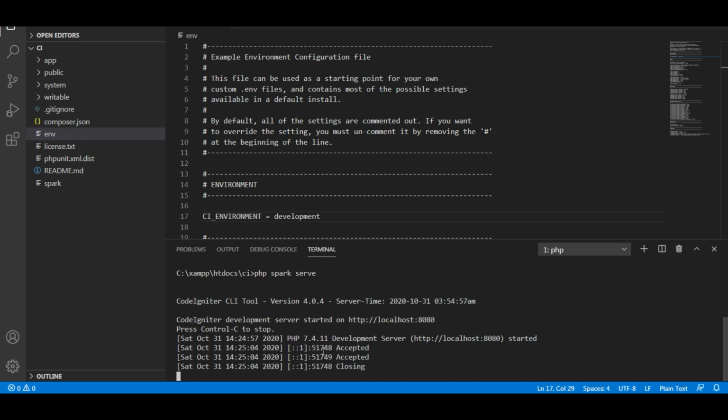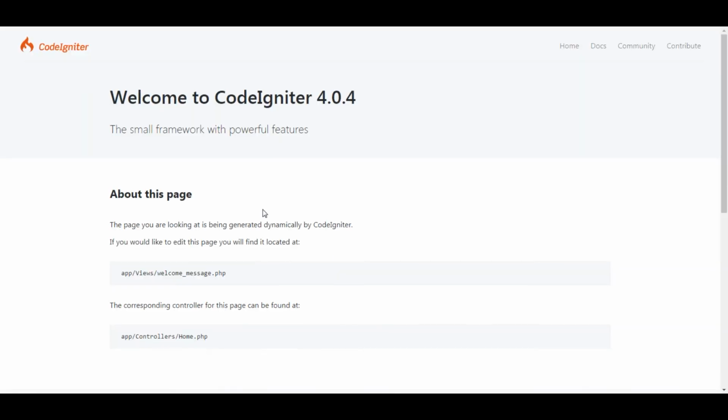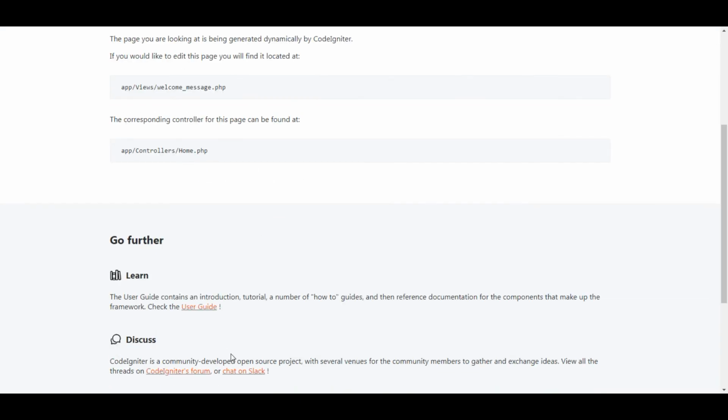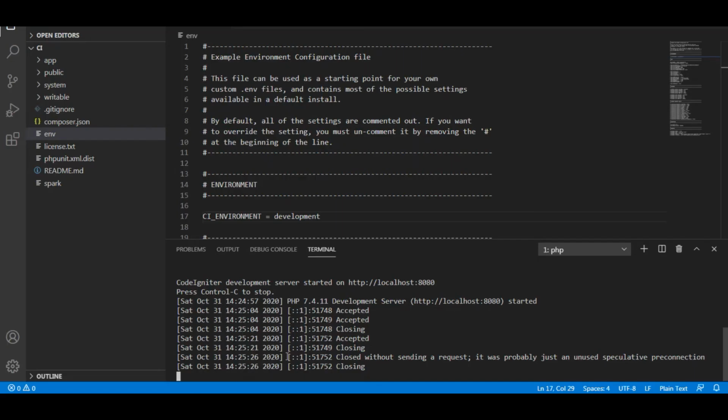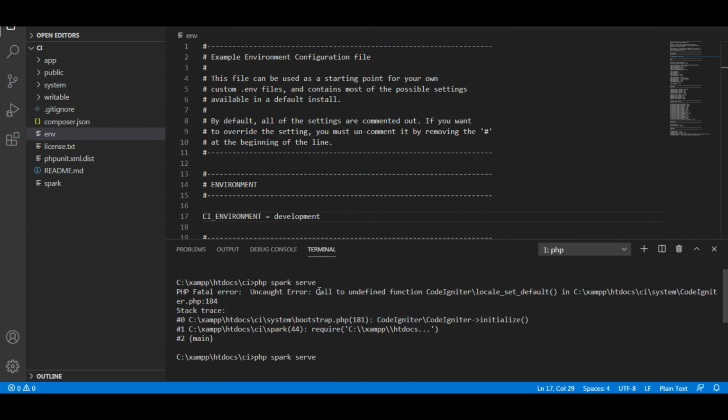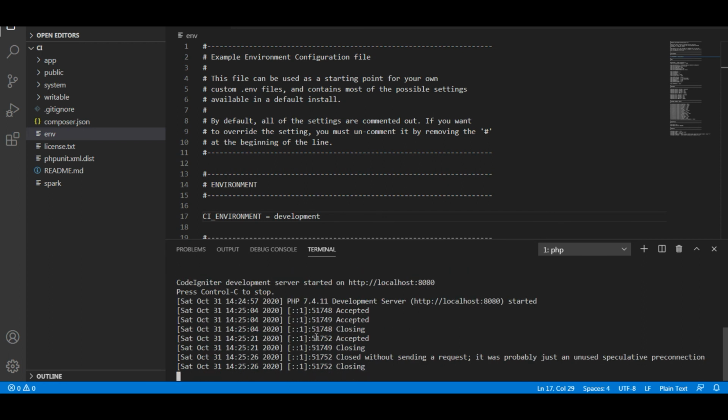Let's open that. So direct compilation is possible using php spark serve. It is the direct compilation used by CodeIgniter 4, so if you are using the CLI, you can make use of this.